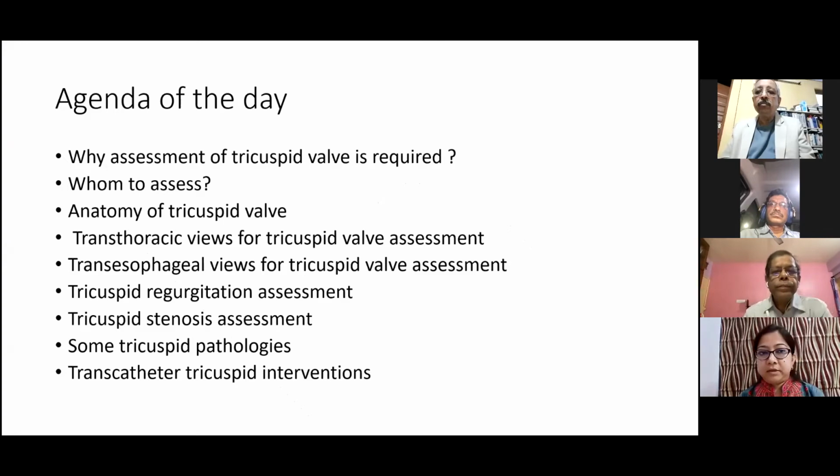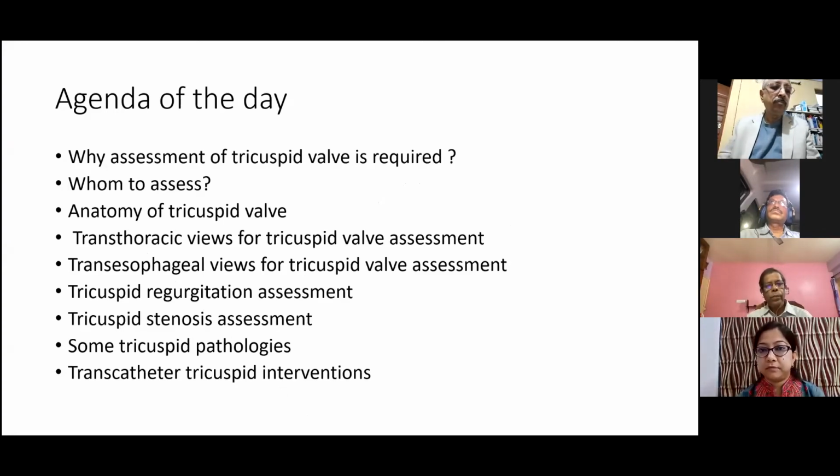So, the agenda of the day is why assessment of the tricuspid valve is required and whom to assess, anatomy of the tricuspid valve, transthoracic views for tricuspid valve assessment, transesophageal views, tricuspid regurgitation, which is the most important thing regarding the tricuspid valve, tricuspid stenosis to some extent, some tricuspid pathologies, and some transcatheter